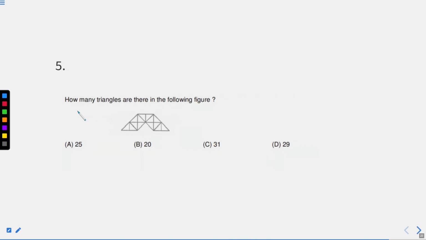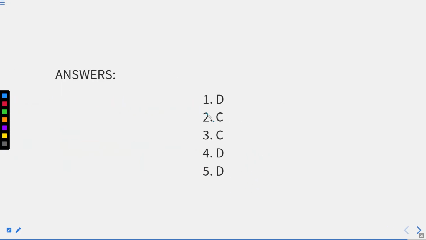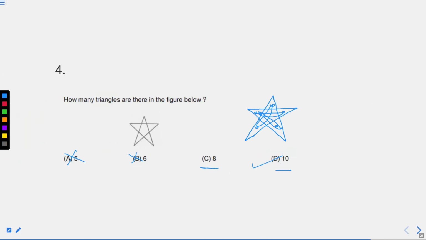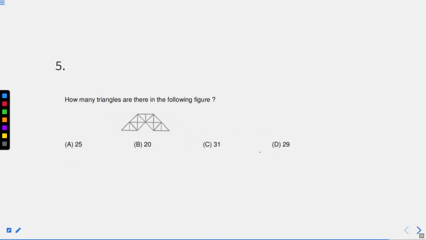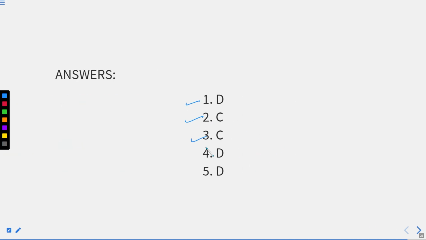Again, in this question, how many triangles are here? Students, I am not explaining this question again and again. What you need to understand is how you are supposed to approach any problem. For your comfort, in order to cross-check whether you are going right or wrong, I have provided all the answers, right? For 4 and 5th, you have option D as your answer. So again, you'll form 10 triangles here and 29 triangles here, right? With this, I have answered each and every question of the previous 5 questions, right?